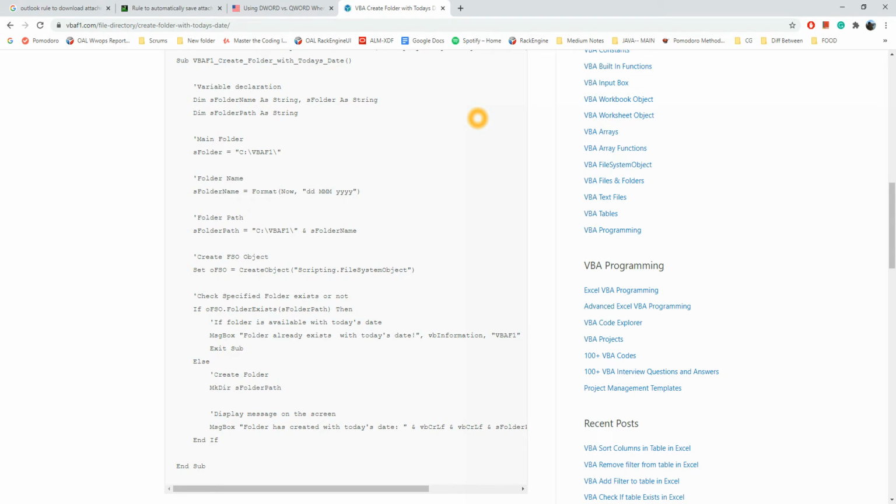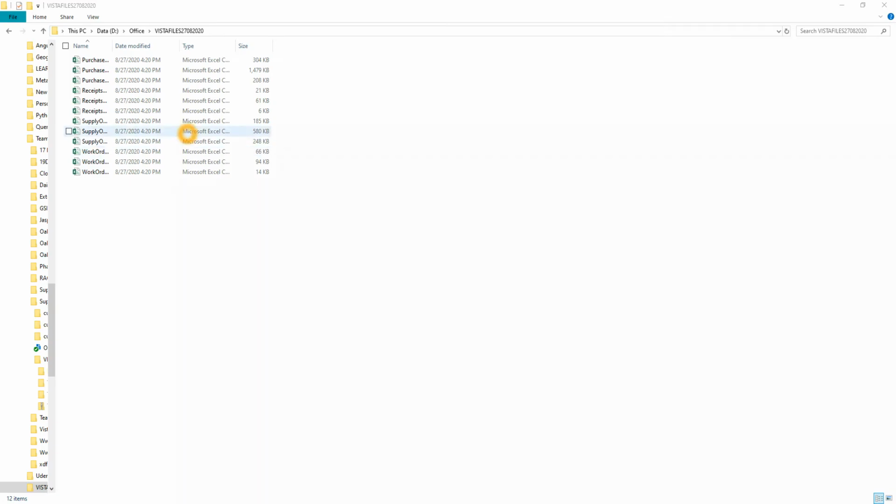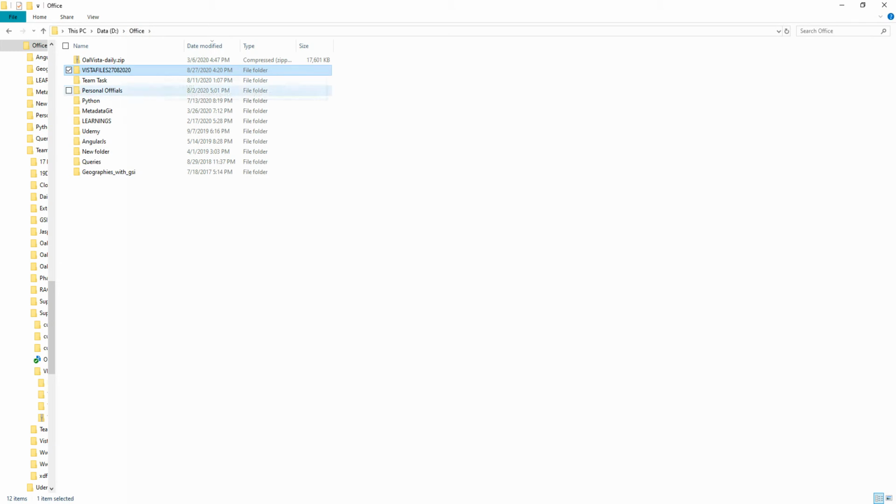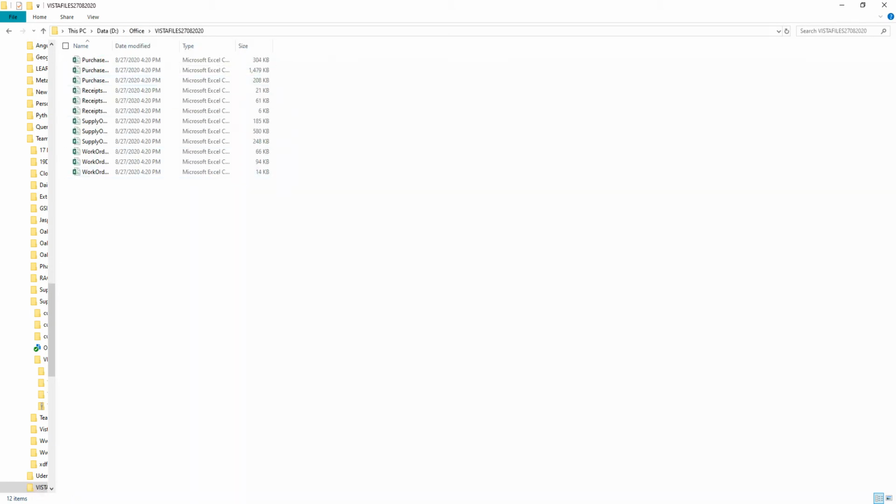Let me show what my rule has given me. As I have shown you, it is here. After the office step, it has created a Vista file for me, and I have this many files which I wanted. What I generally do is run the rules and set the date so that it takes the files from today's date only.